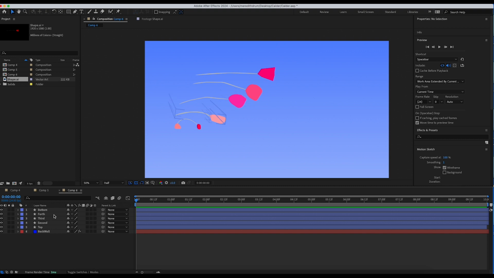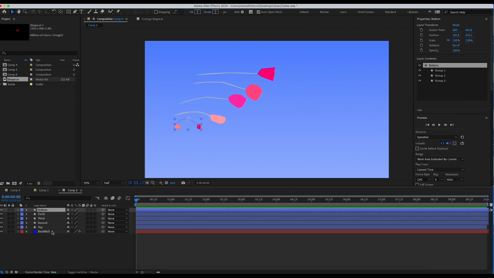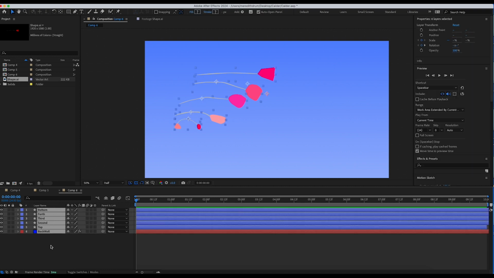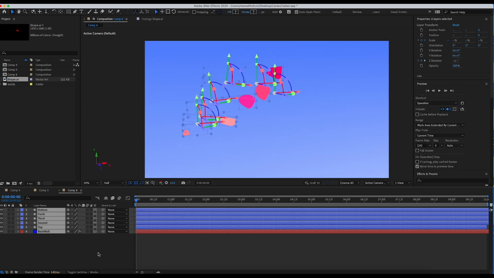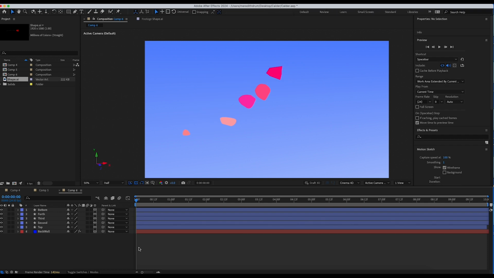All right, so let's select all of your items here, including these shapes and this back wall, and then left mouse click under the 3D layer here, and they'll do all of them at once. Okay, that's great. So now they're all 3D layers.